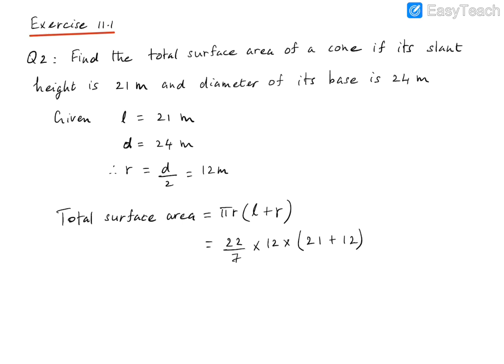We just need to multiply these numbers and we will have our answer for the total surface area of the cone. So that equals 22 by 7 into 12 into (21 plus 12, which is 33), and if you multiply all these numbers, we get